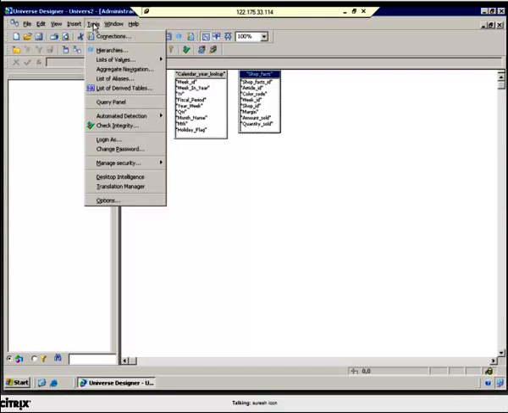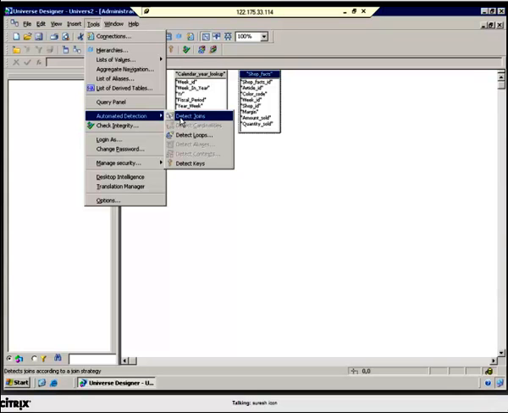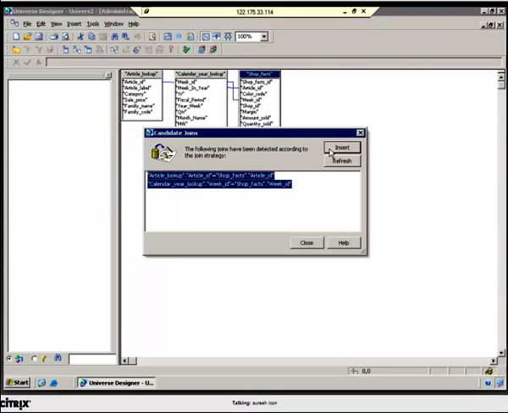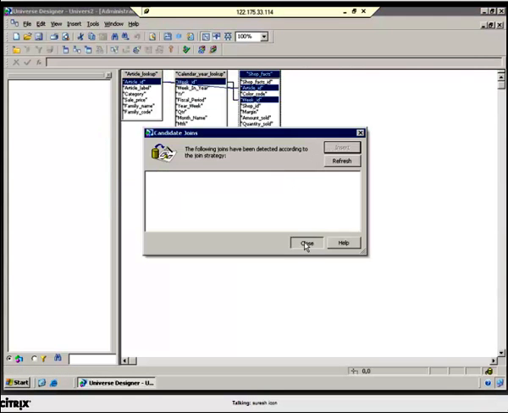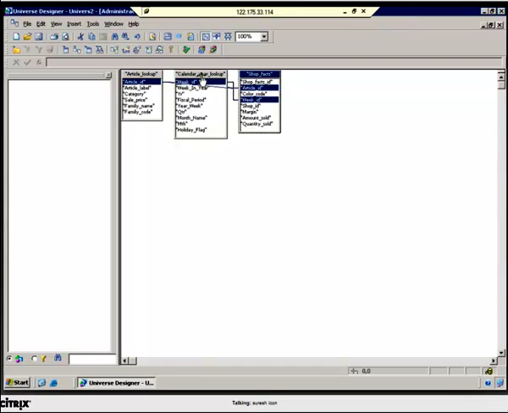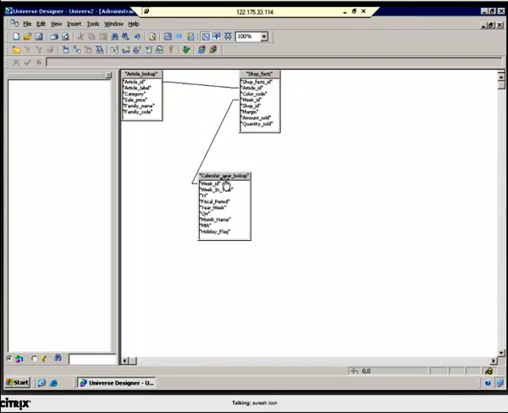Then if you want to automate your join process, just go to tools, there you have auto detect, there you have detect joins. Just click on detect joins, click on insert, it will create a joins between your tables. You need not to use your brain. Still, if you want to check